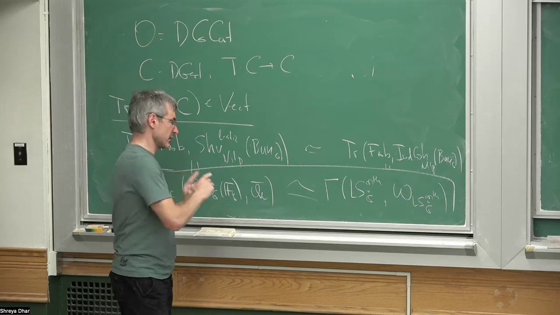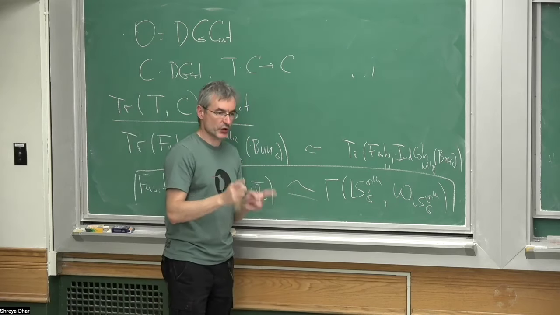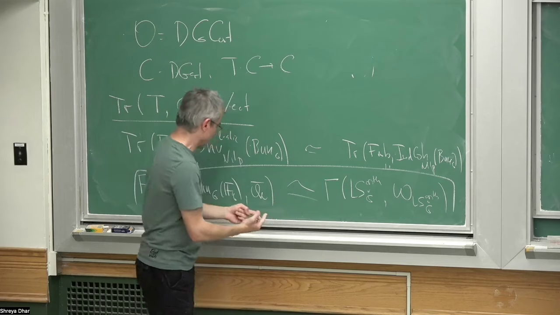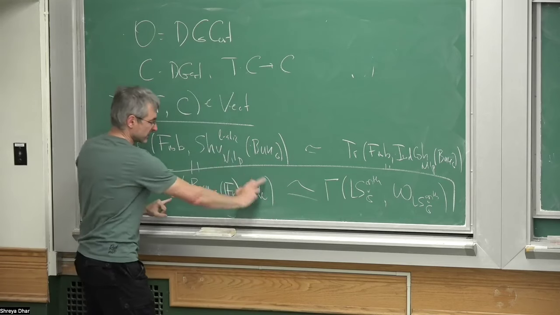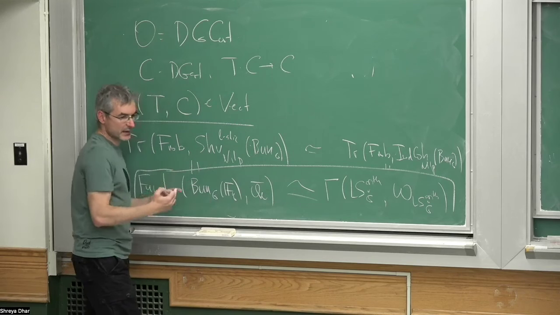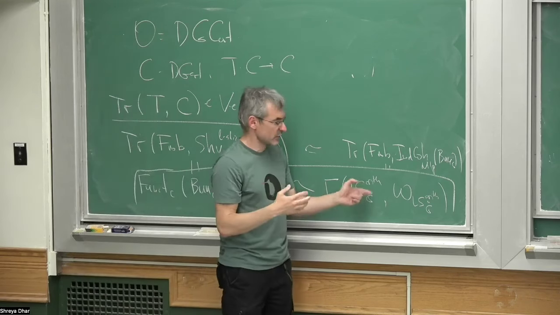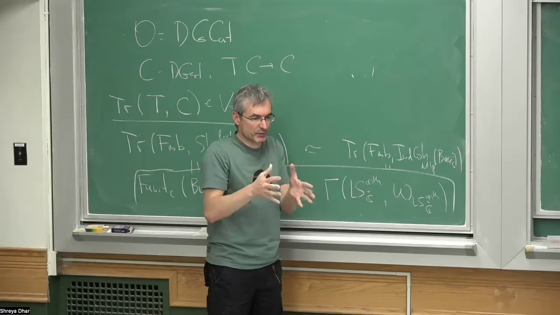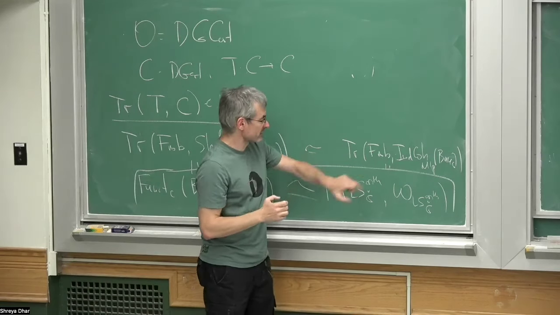The isomorphism is compatible with excursions. What V. Lafforgue constructed is the action of the algebra of excursion operators here. If you think carefully, his algebra of excursion operators is actually